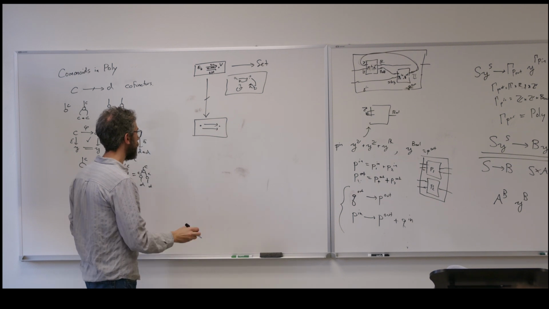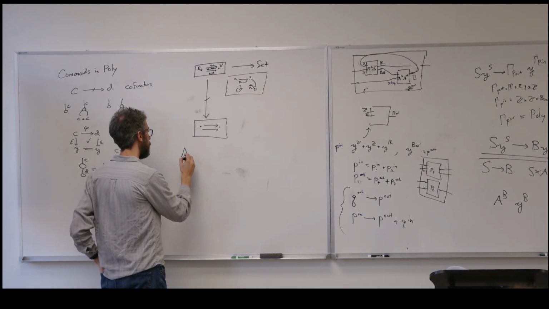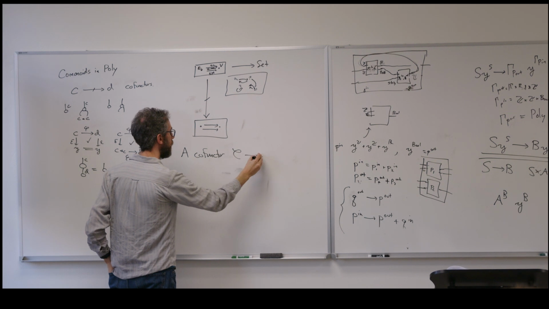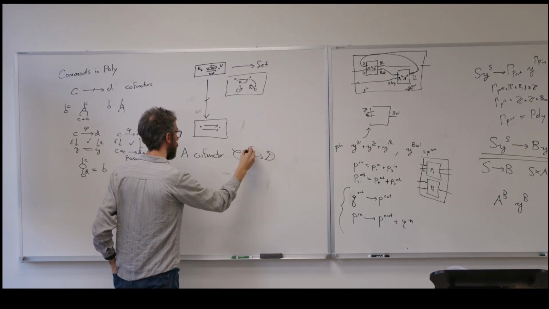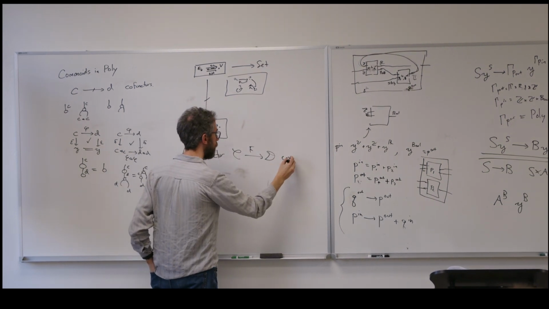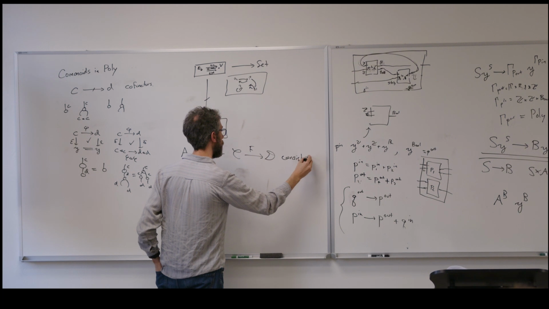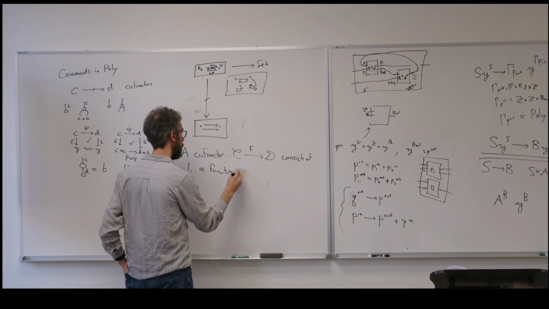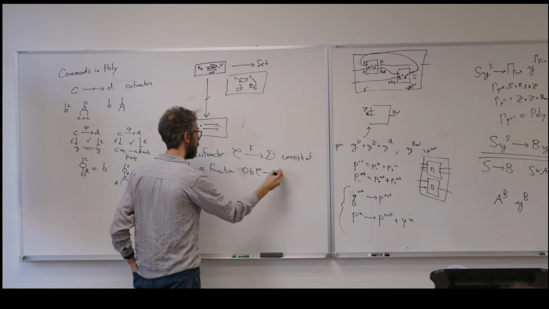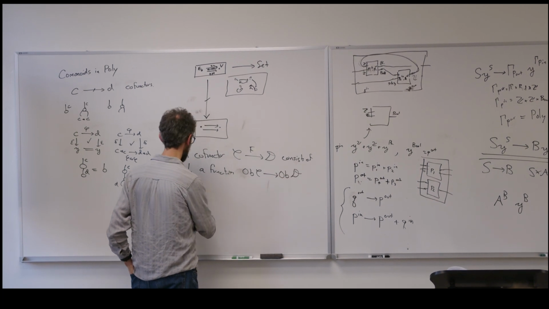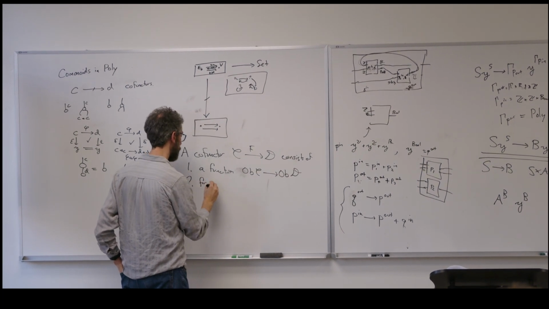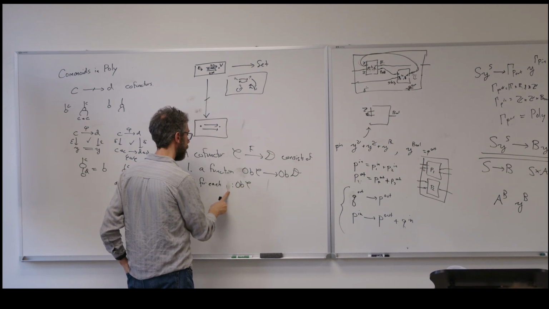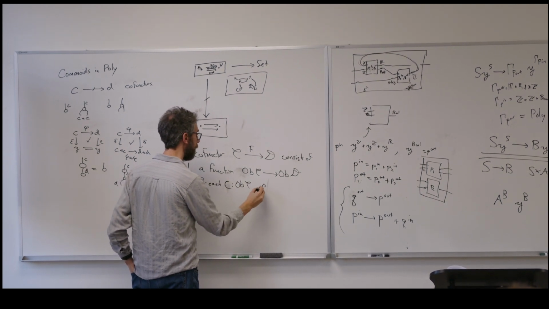Okay, so what is a cofunctor? A cofunctor from C to D consists of: one, a function ob C to ob D; two, for each C in ob C, and F